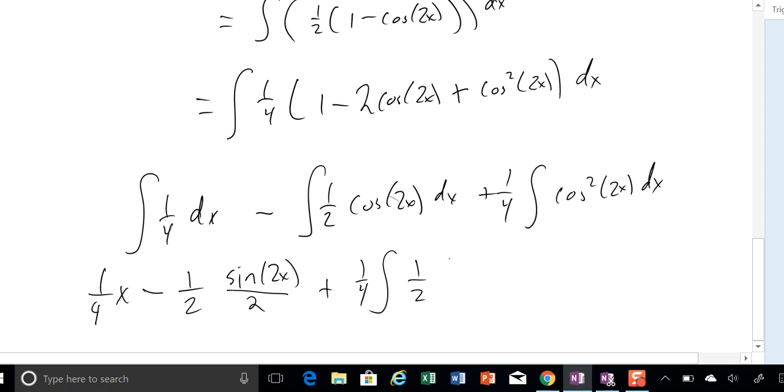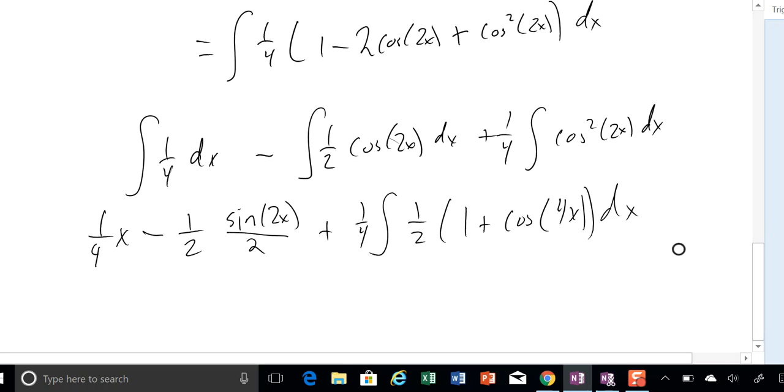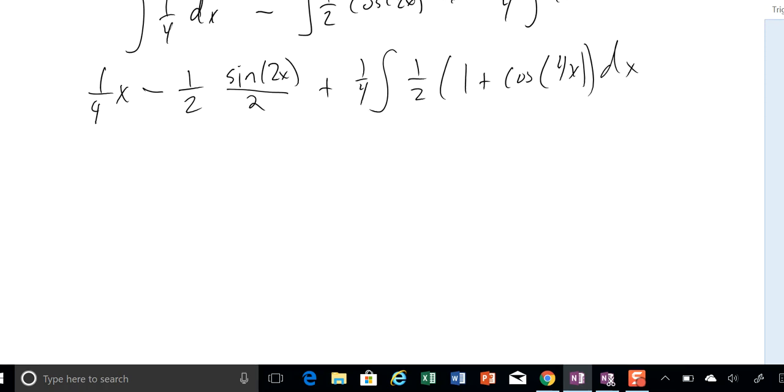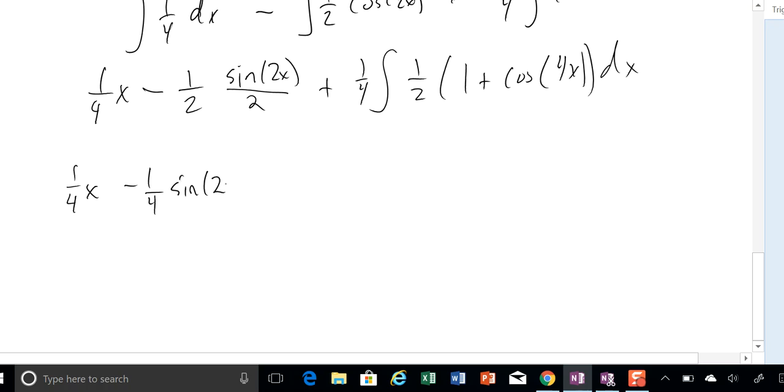So I'm going to have 1/4 times the quantity 1/2 of 1 plus cosine of twice the angle, and twice the angle, my original angle was 2x, so this is going to become 4x in there. Twice the angle will become 4x instead of 2x. So let me scroll up here, give me a little bit more room. I've got the 1/4 x minus 1/4 sine of 2x plus